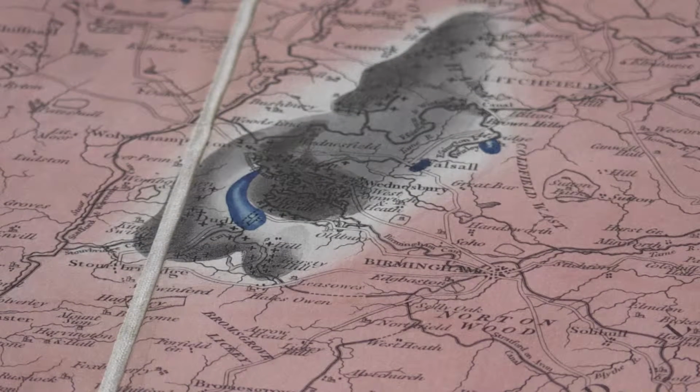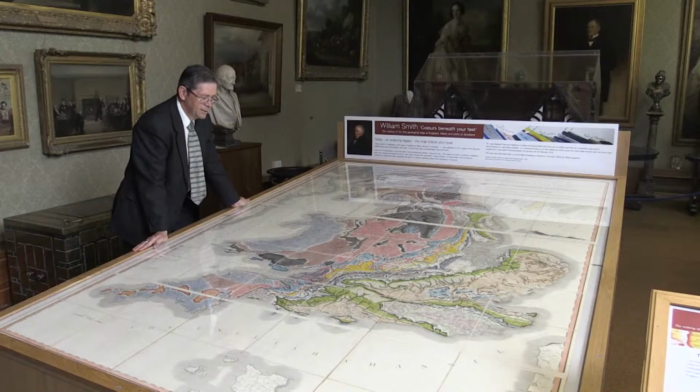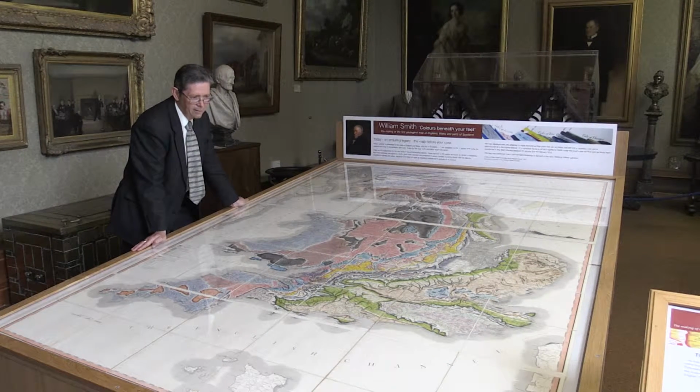200 years later, and it's still here, a geological survey map of the UK, and it's celebrating its 200th birthday in Dudley. But why here in the Black Country? Well, Dudley was one of the centres where the science of geology was founded, and William Smith himself was on his